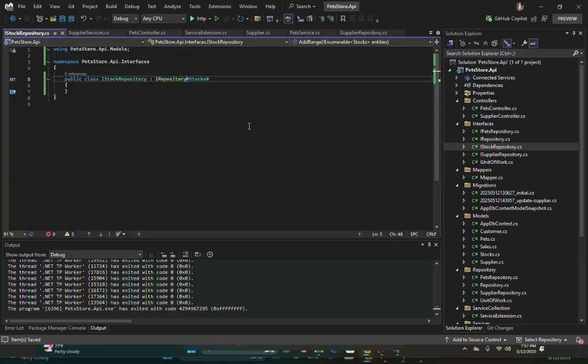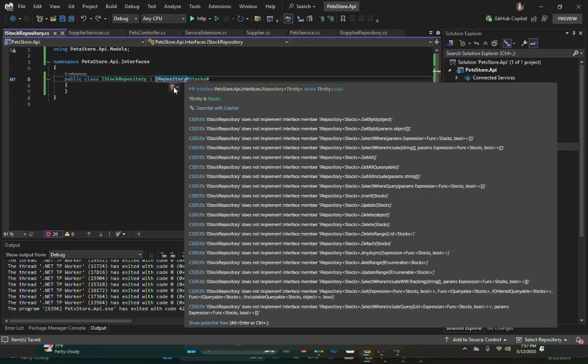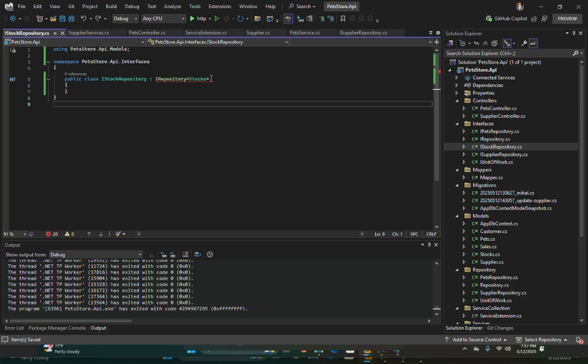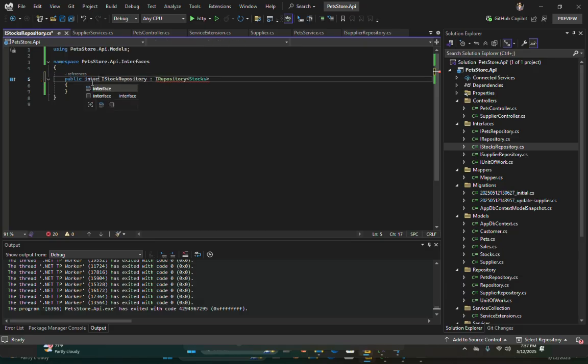Now what do we need to do? IStockRepository is not a class actually; we need to make it an interface.